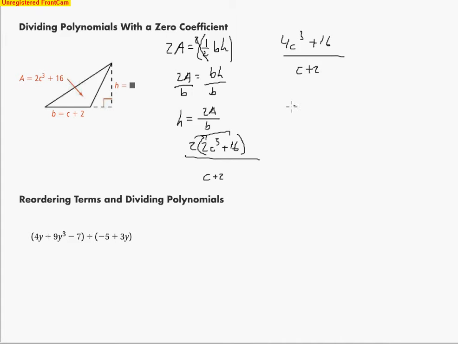So what I'm going to do is I'm going to put c plus 2 as the divisor, and I'm going to extend this line here and that vinculum so that I can add in some missing terms. So I've got a 4c to the third. Now I don't have a c to the second, so it's like a place value that's missing, and I need to add a place value for that. So I'm going to add 0 times c to the second. I'm going to add the 0 times c because that's the place value missing for this term,